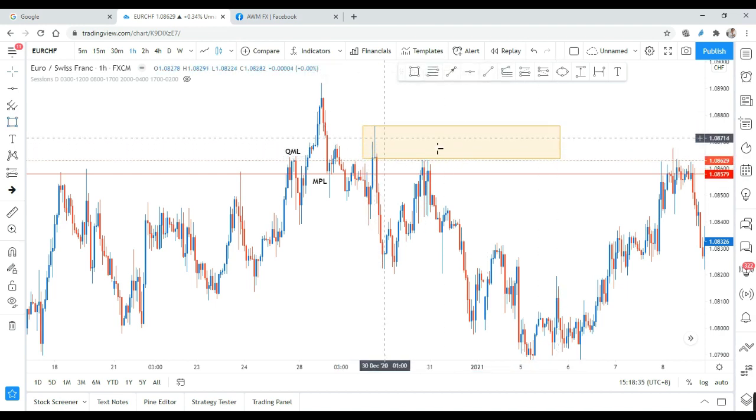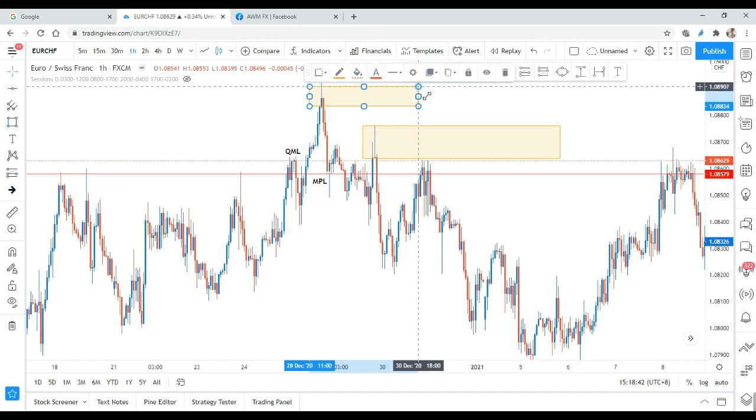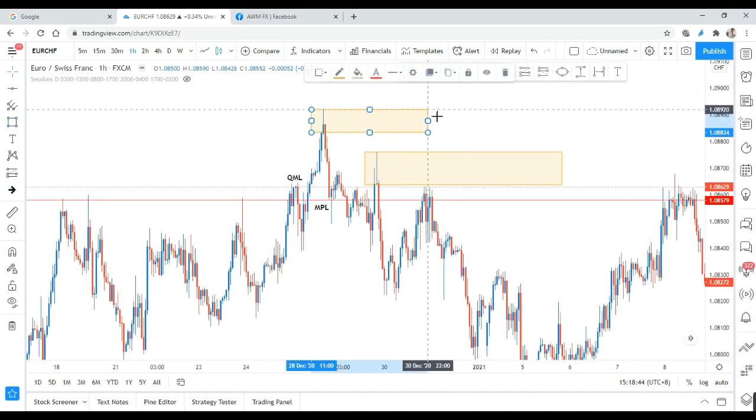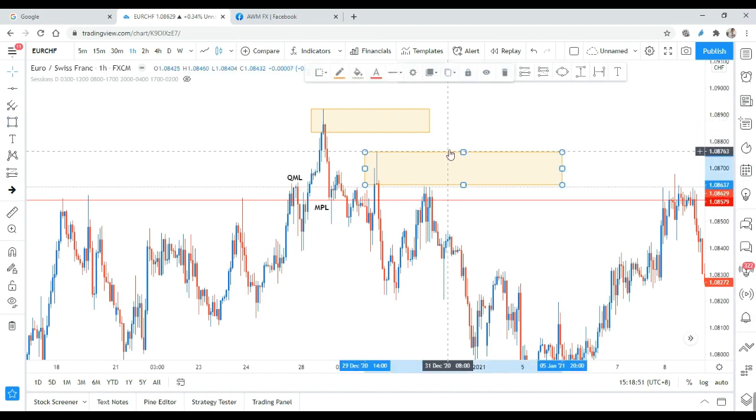This candle over here. All right. So this fresh supply zone. So the other fresh supply zone will be this one. All right. Sorry for that. It will be over here. So if you look at it properly, which supply zone really qualified for it is definitely this one, because it